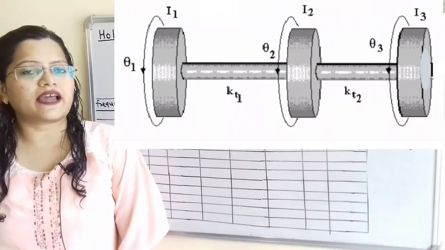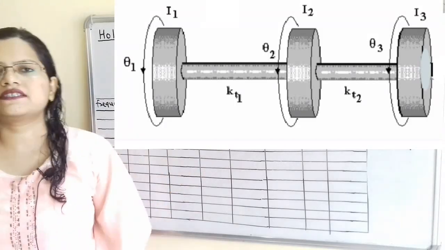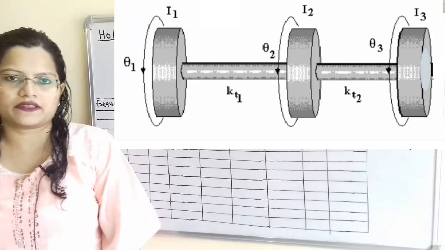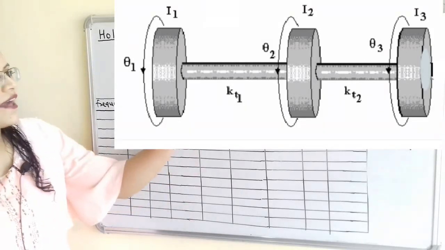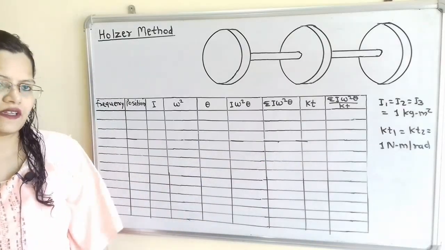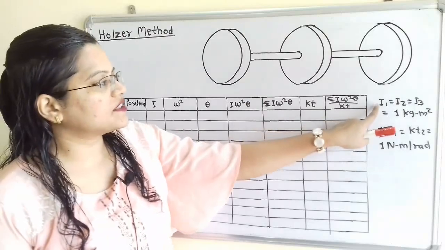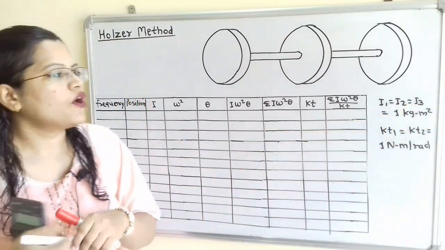Let us understand how to find out natural frequency for a given system by using Holzer method. If we observe the given question, then there are three rotors with mass moment of inertia given. And this mass moment of inertia I1 is equal to I2 is equal to I3, which is equal to 1